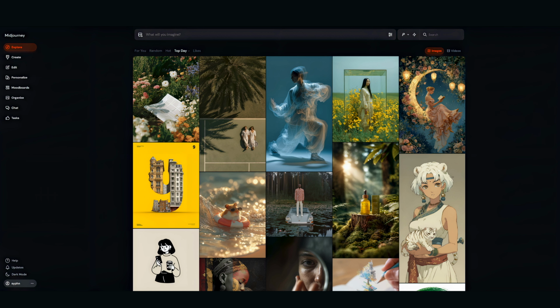Just so you know, there are two ways to work with the Midjourney application. You can invite the bot to a Discord channel and you can use it within the Discord application, or you can go to the midjourney.com and use their web application. Now, I used to use the Discord bot a lot, but recently the Midjourney web application has been absolutely stellar. I would highly recommend using it over the bot. But there's pros and cons to both. For right now, I think the website is so much better.